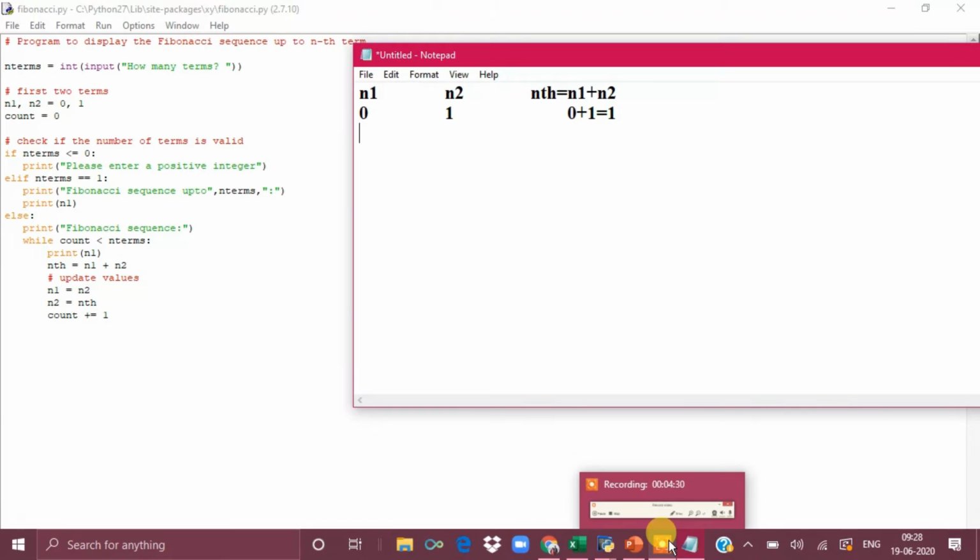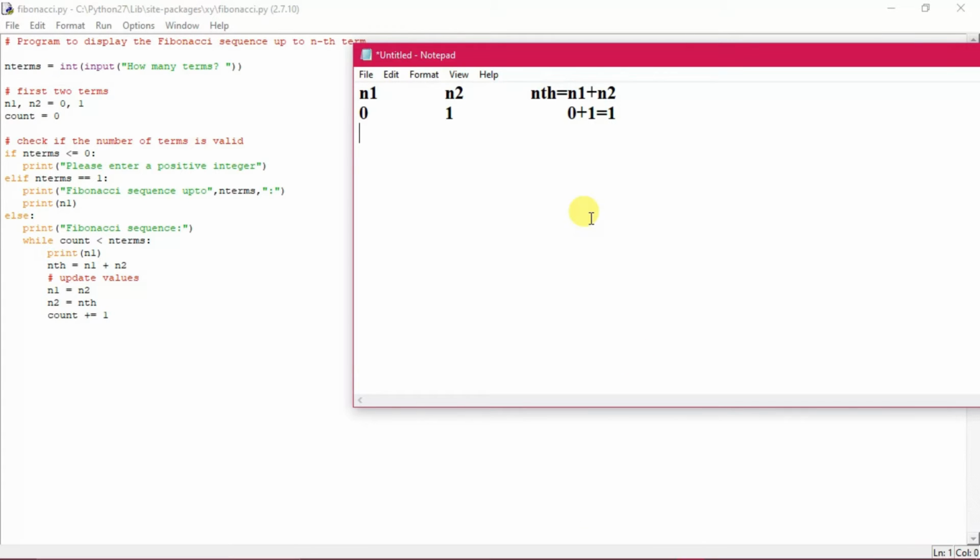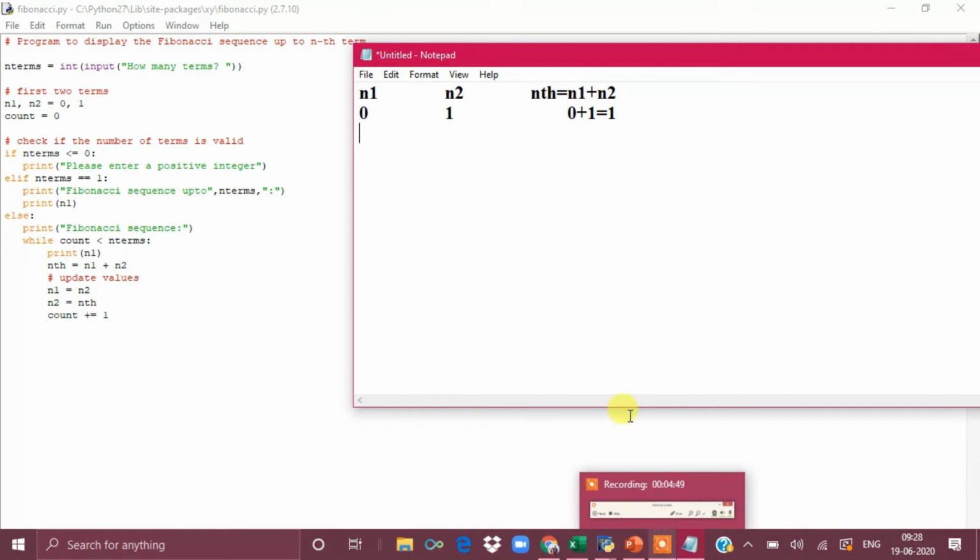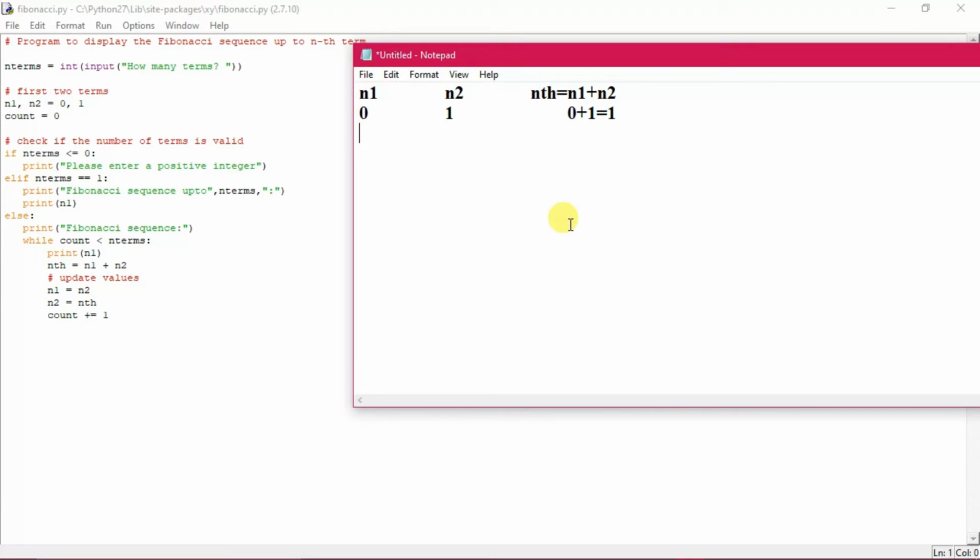10 numbers will be printed, starting from 0. And count is the one that is counting the number of iterations in this particular loop. If someone enters 5, then 0, 1, 2, 3, 4, the loop will be executed 5 times. So count here is functioning as a counter. It is looking after the number of executions that the while loop will do.